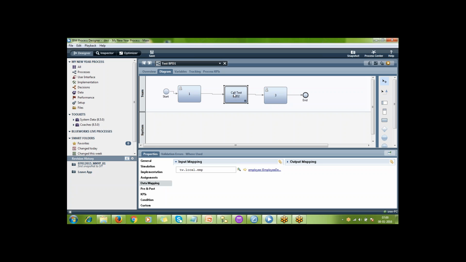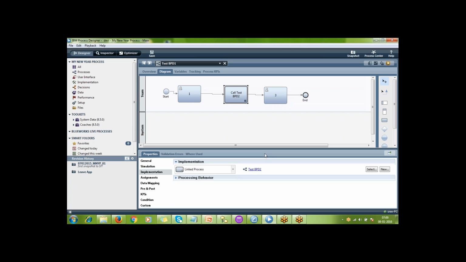I have a requirement here in the linked process. I have made a static attachment here, test BPD2. Is there any provision to change the attached BPD dynamically? Say I have two variables, A with value 10 and B with value 20.